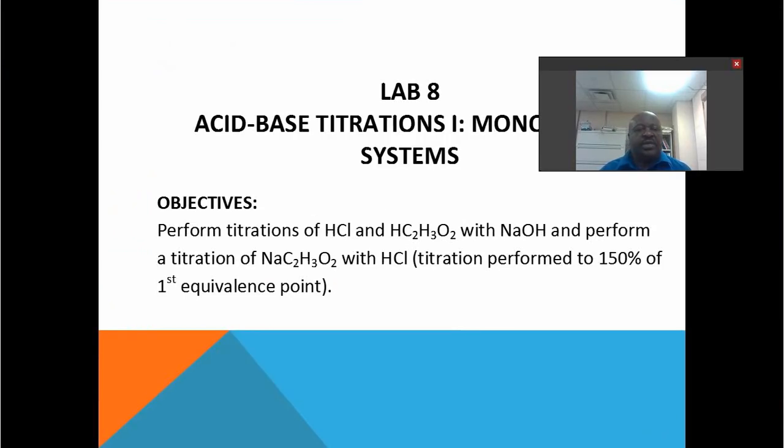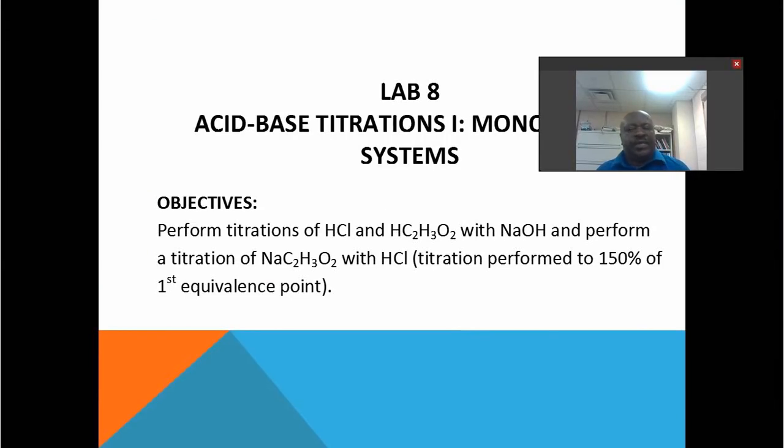And when I talk about lab this week, monoprotic titrations. Monoprotic meaning, in this case, that we're either removing an H plus or adding an H plus during the titration. So, in terms of the titrations we're doing today,